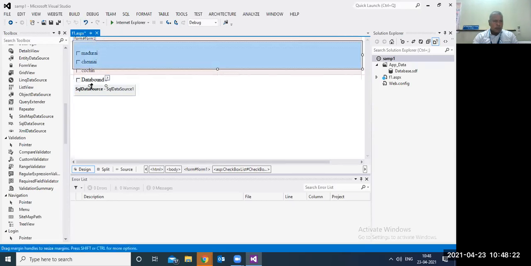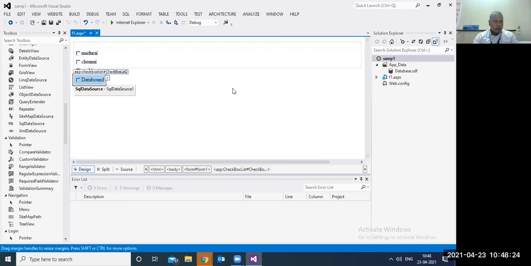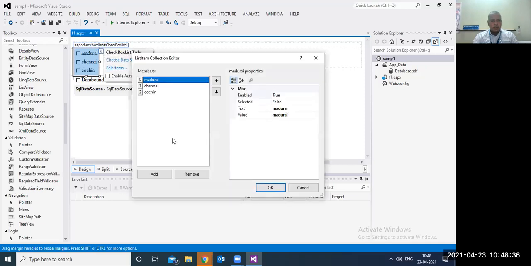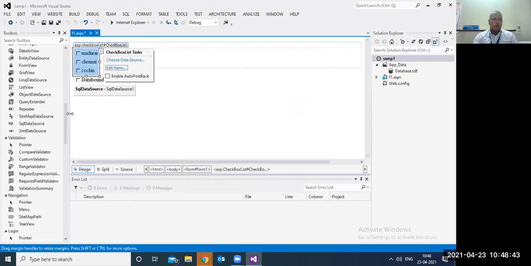Okay. Likewise, you can take it from the database or you can directly give the data. Here is the data. You can give the data statically or from the backend. If you want to take it from the backend, you have to take it from the SQL data source.